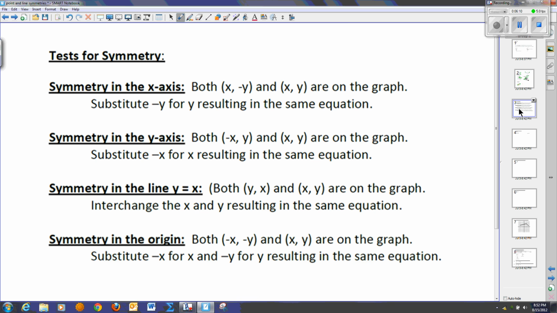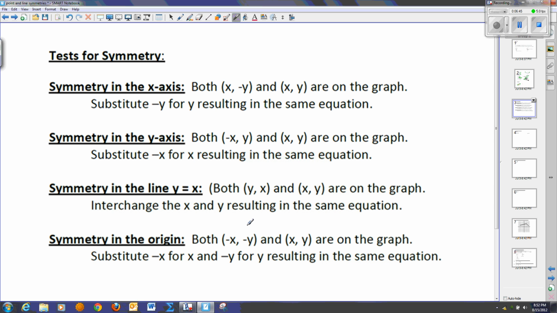We're going to outline some of these symmetries. First of all, x-axis symmetry. If the point is xy, it flips over to x and negative y. And you can see that by drawing it. To test if I have y-axis symmetry, then if I have xy for my point, negative x, y is also going to be on the graph. So basically, we want to get the same result by plugging negative x in that you would if you were